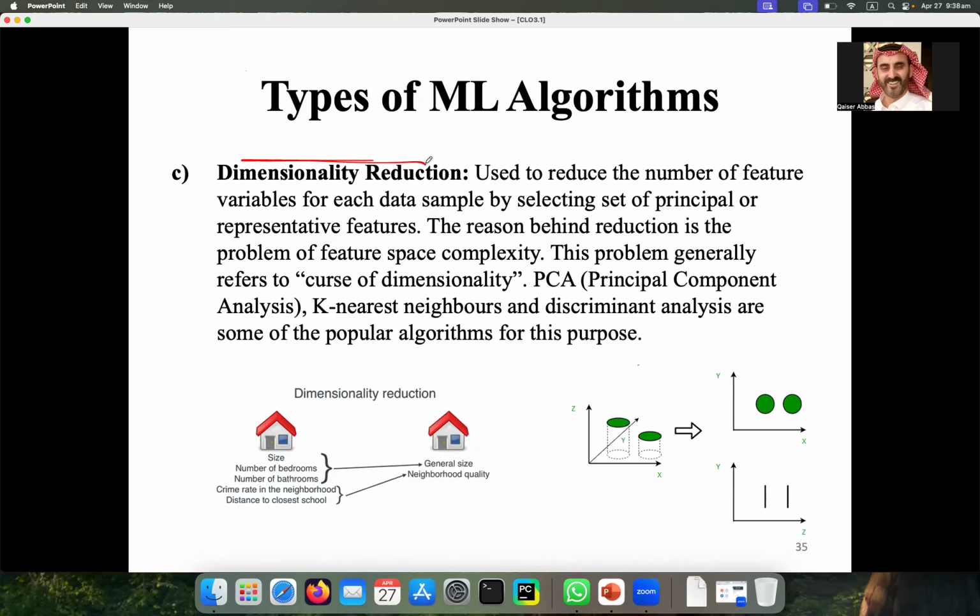Writing all the names of the columns in a one-dimensional array and then converting them into numbers is actually called vector, okay, in machine learning.